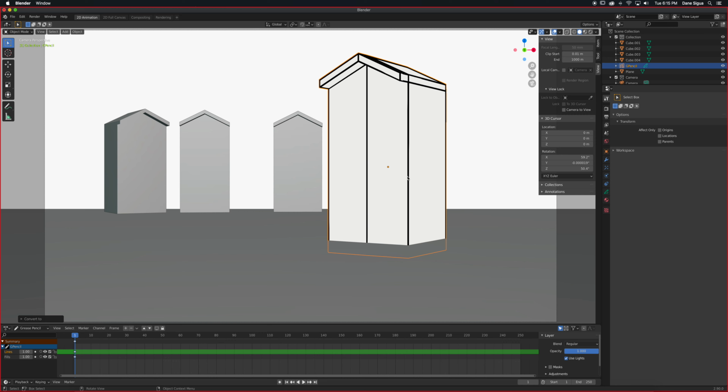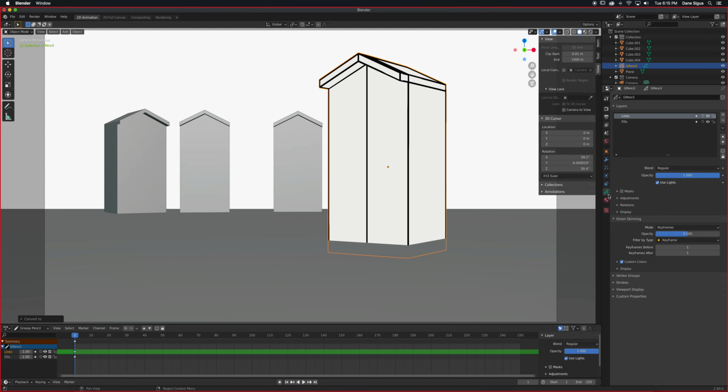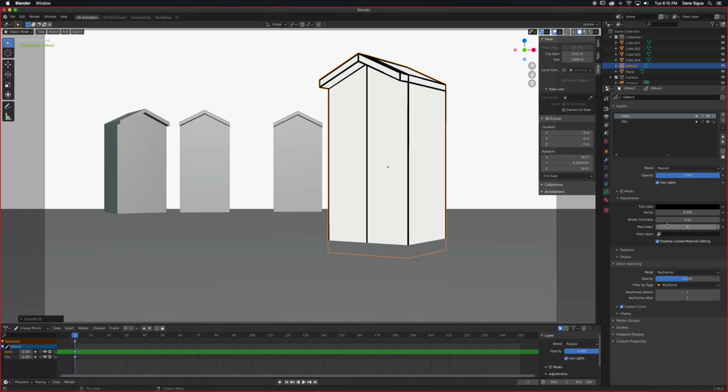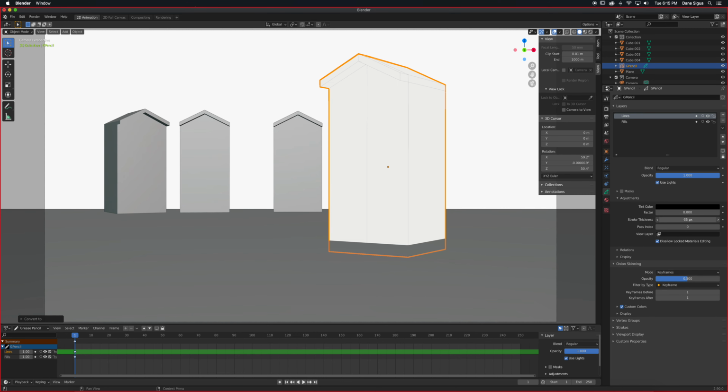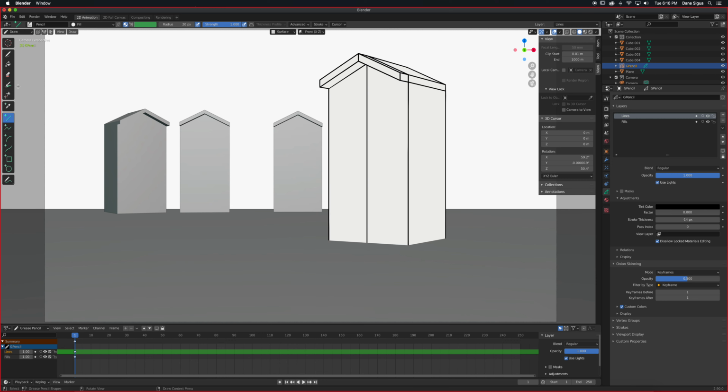Okay, so of course you can control the outline here. I can make adjustments, the stroke thickness, I can make that lower. It's very clean. You can stress this out after. There's a lot of things you can do once you're in edit mode, or even sculpting it. So you can go to sculpt mode, and then you can mess with the lines and whatnot. You can smooth them out. You can see here they're kind of getting crooked. So you can push and pull. There's all these things that you can do after the fact.